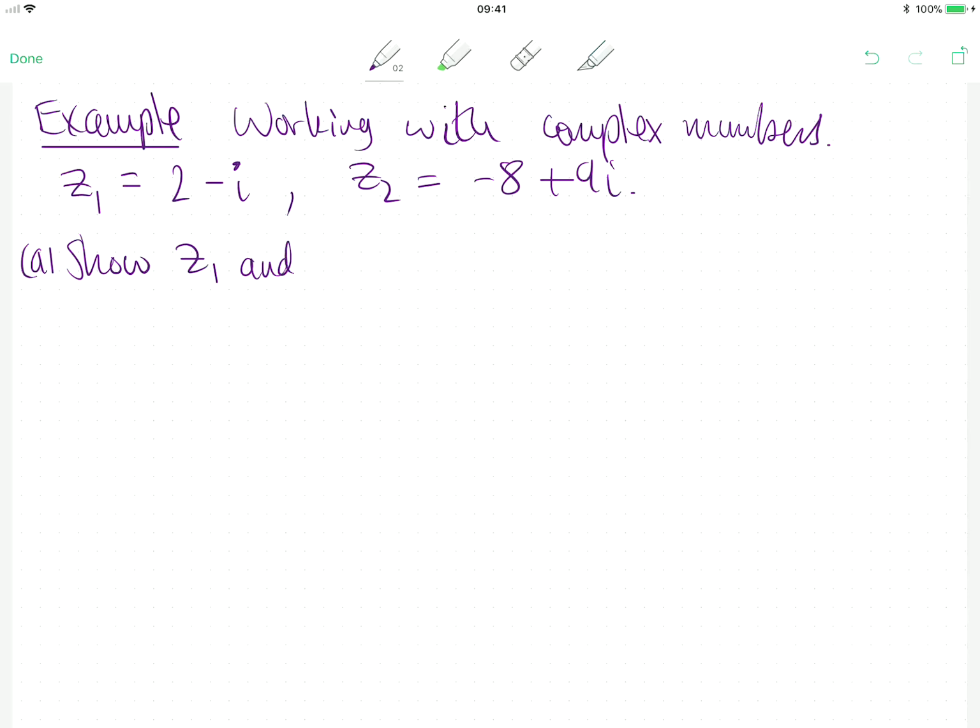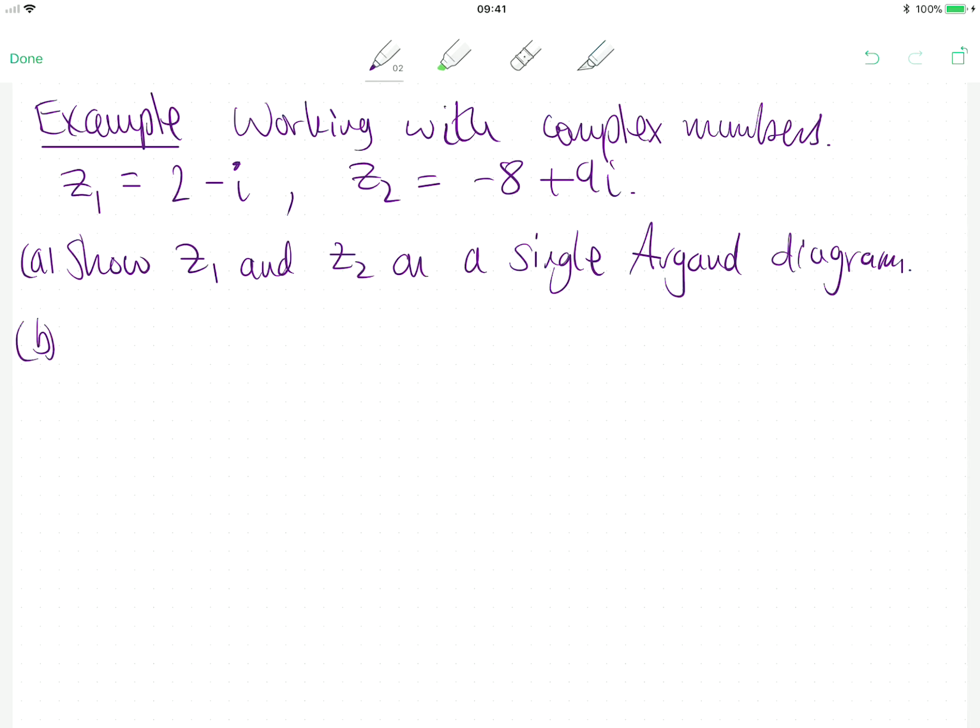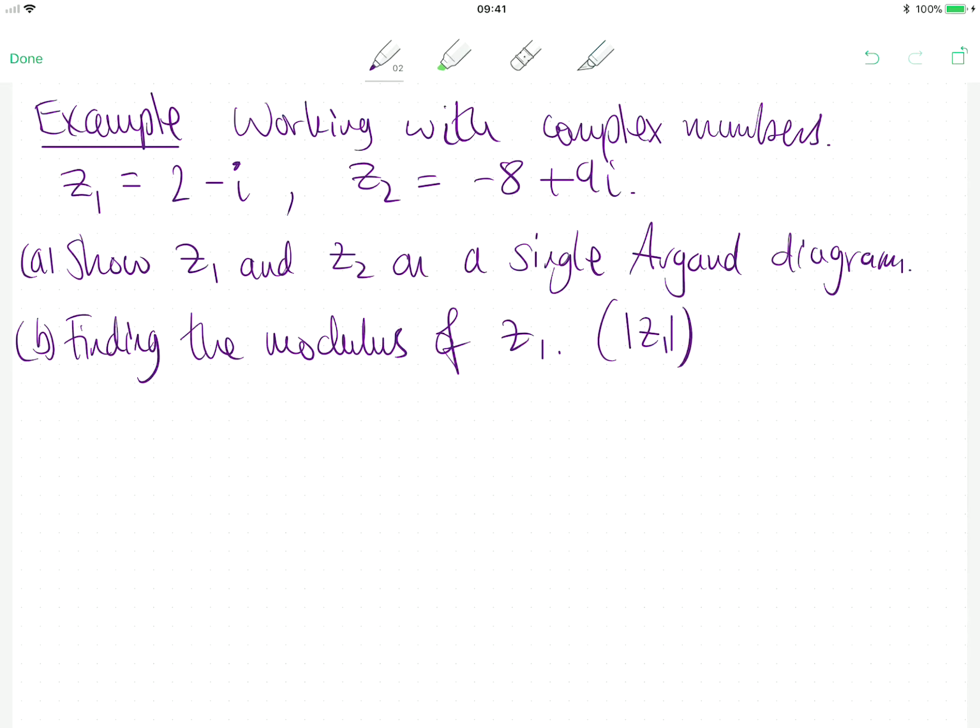So we're going to show these numbers on a single Argand diagram. I'll make a few comments about this. Then we'll take a look at finding the modulus. I'll say a few things about what this means. The modulus of Z1, written like that, and the argument, so finding the argument of Z1,